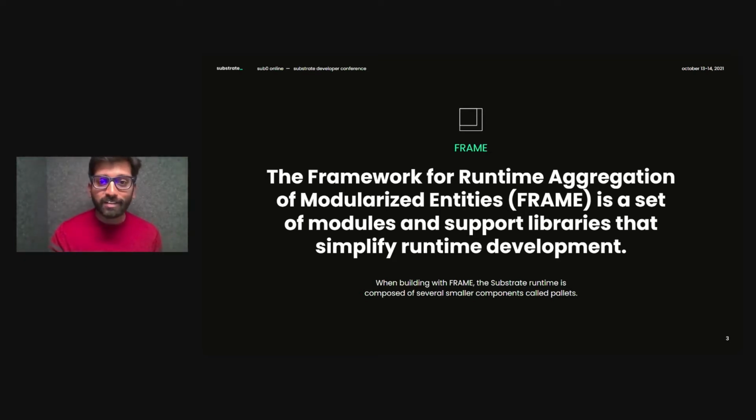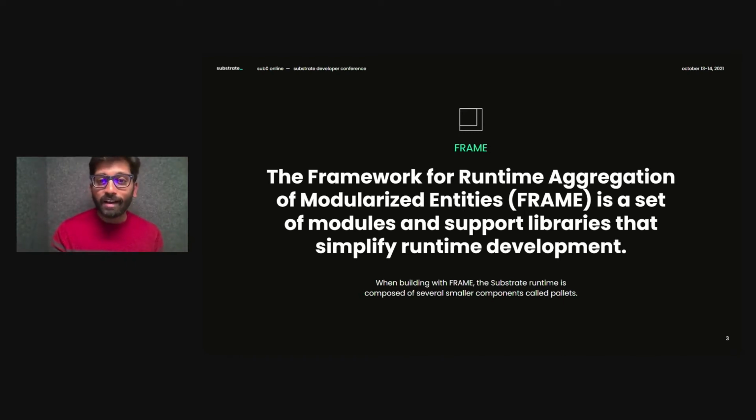In simple words, you as a developer will have access to multiple modules, which we call pallets, that are ready to be used to support your runtime logic. For instance, let's say you're trying to build a blockchain with its native currency. You would need support functionalities pertaining to accounts and balances, balance transfers, etc. So to be able to do that, all you have to do is import a pallet called the balances pallet,